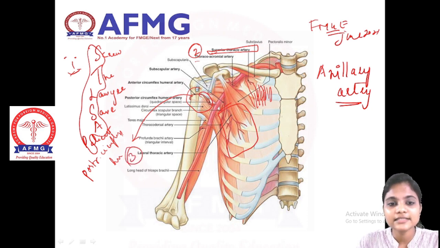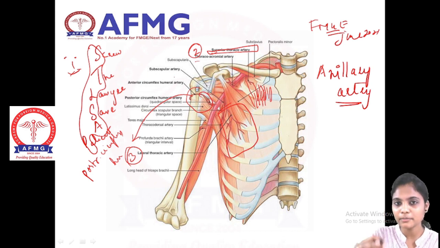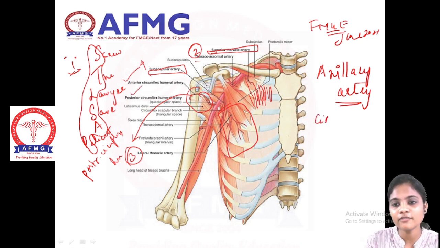Coming to the next one, S again will be giving your scapular artery. Till now we have read three scapular arteries. One is your suprascapular artery, dorsal scapular artery, and now we are reading subscapular artery. Supra means it goes above, subscapular it goes below the muscle. Okay, so subscapular artery is your fourth branch. Now the leftover two branches, that is your anterior circumflex humeral artery and posterior circumflex humeral artery. Same like this, in your scapula you have circumflex scapular artery as well.